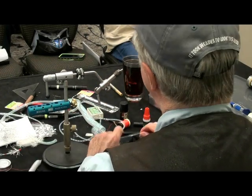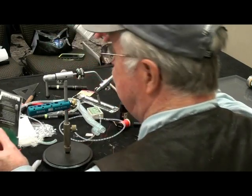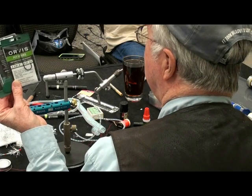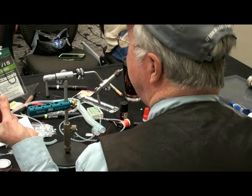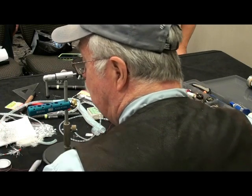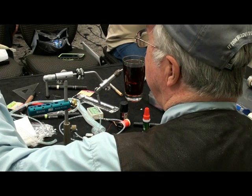The only thing about them is, I bought these three packs of them a couple of days ago at Orvis, and it was $28. There's 10 in the pack, so 30 hooks for $28. Figure your math. They're expensive, but why would you go through all the effort of doing this on a cheap